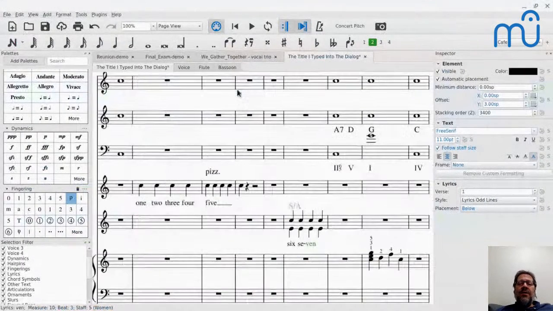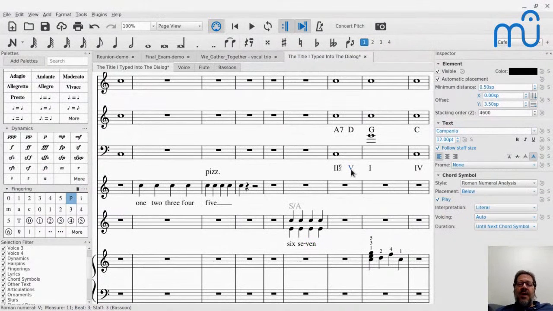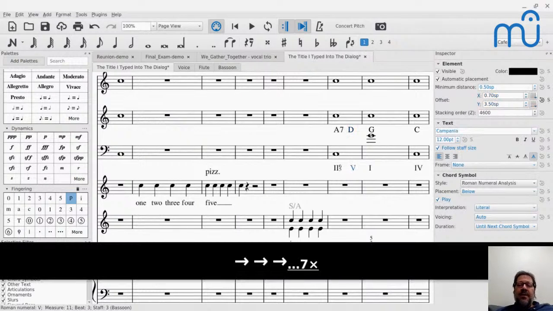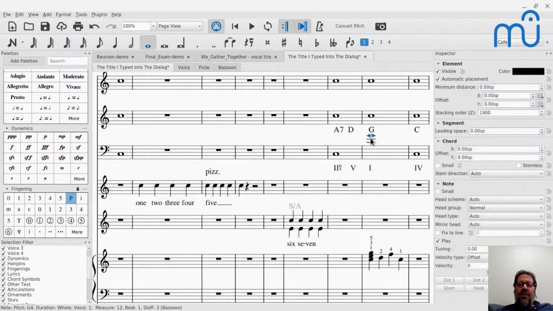On the other hand, it's relatively easy to align things manually. So check this out. What if I'm going to move this thing horizontally a little bit, and then let's move this note now down instead of up.